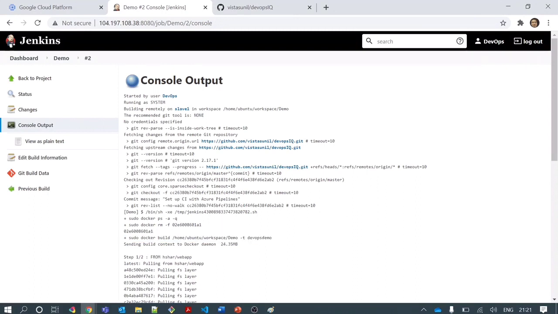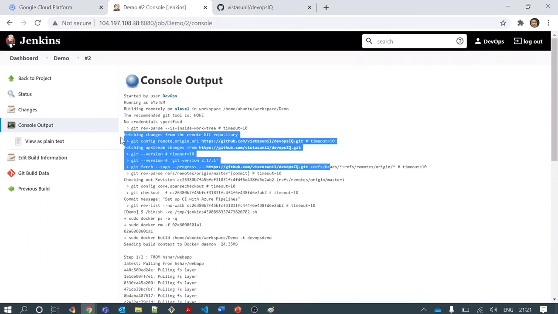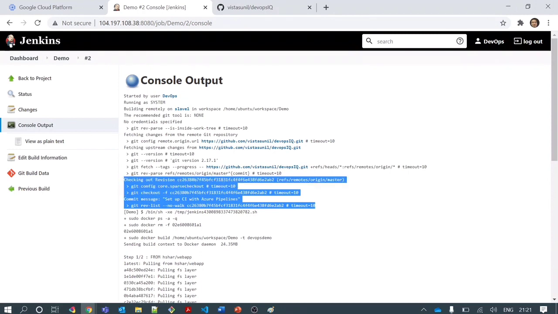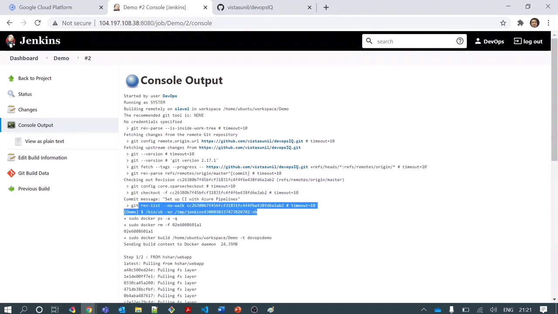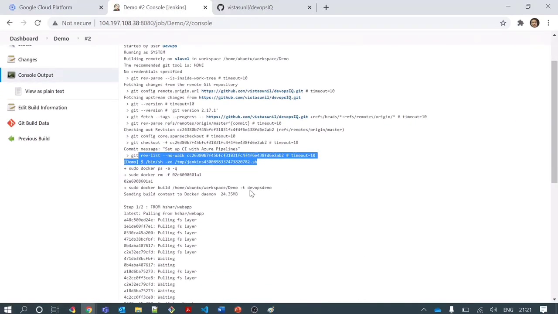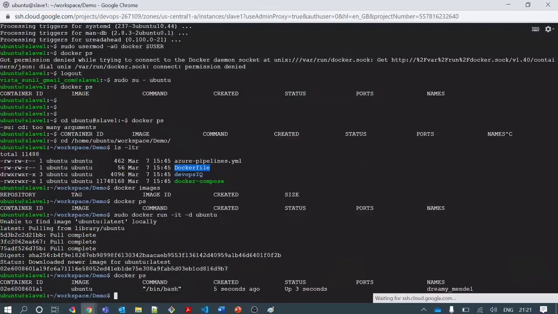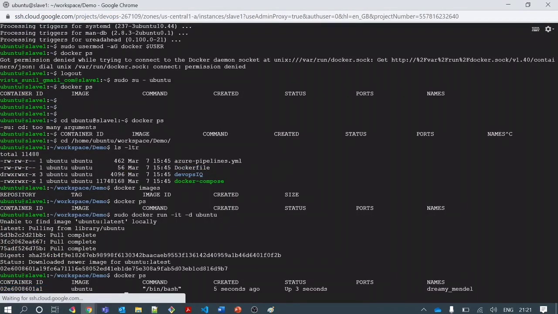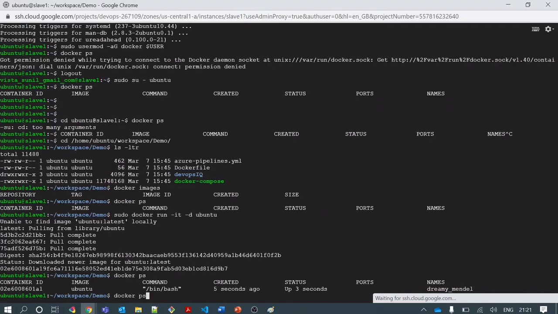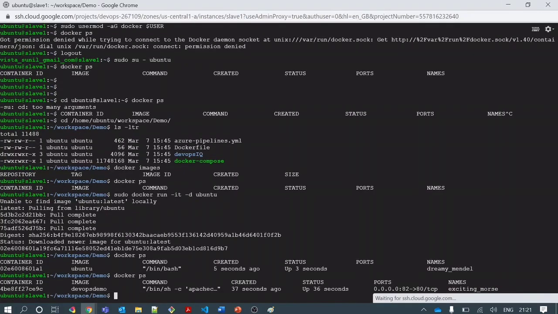Your job was pulled again. The same steps ran. The fresh code was pulled again, and then the steps I mentioned in the shell command started running. You can see it checked for running containers with docker ps -aq. It found one container, the Ubuntu container that I had started already. It removed that container, and that was the ID of the container. If you verify 02E60, this was my container ID that was removed. If you check here, you will not find this container again. Instead, you got a new container.